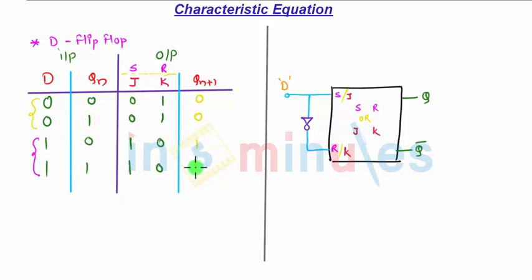Okay, no need to solve the K-map. Even if you solve the K-map for Qn plus 1, it is okay. But as we know, we have studied the properties of the D flip-flop. It's a delay flip-flop, meaning whatever input you provide will be delayed, and the same input will be provided at the output. So you can directly write the characteristic equation for the D flip-flop as Qn plus 1 is equal to D. That is nothing but the input. So these are all four combinations for the characteristic equation, and these are very important when you solve flip-flop conversion problems. Thank you.